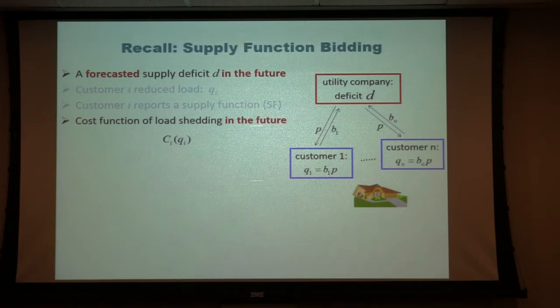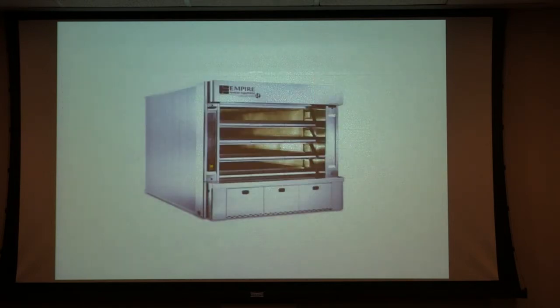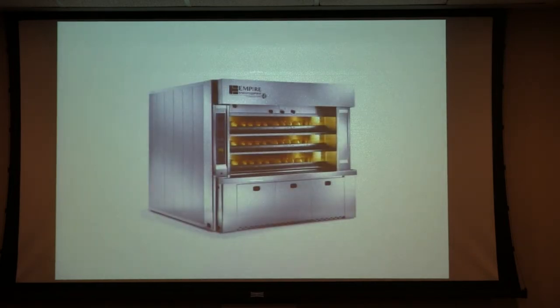there is intrinsic uncertainty. Let me give one example, a bakery. If I'm not running much, I can do what I promised before. But if I have a lot of customers, even if I said the next day at 2 p.m. I'm going to reduce my load, because I have so many customers I need to operate my bakery and cannot reduce. I have a prediction of how many customers I'll have the next day, but it still has randomness and uncertainty. That's the intrinsic uncertainty in this problem.